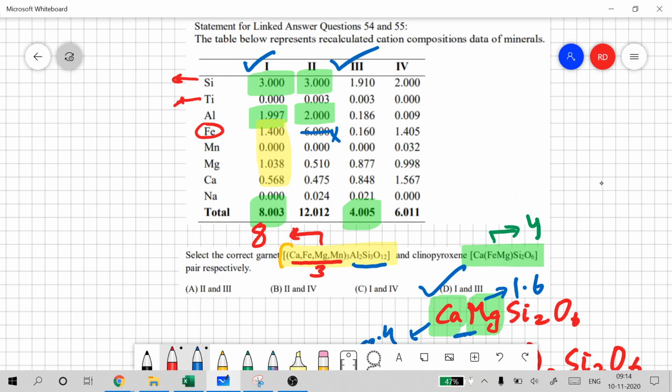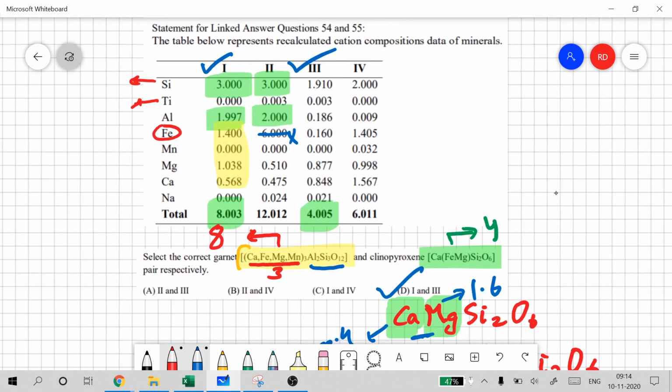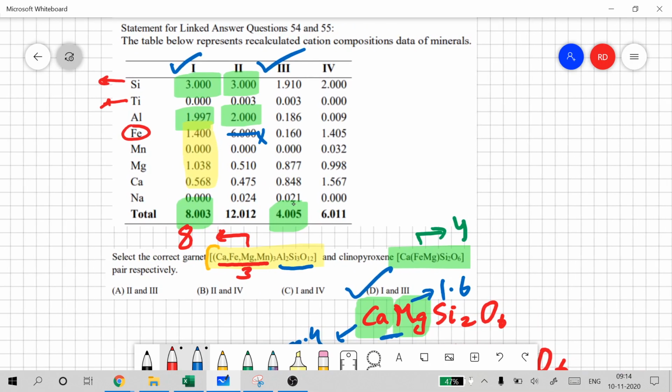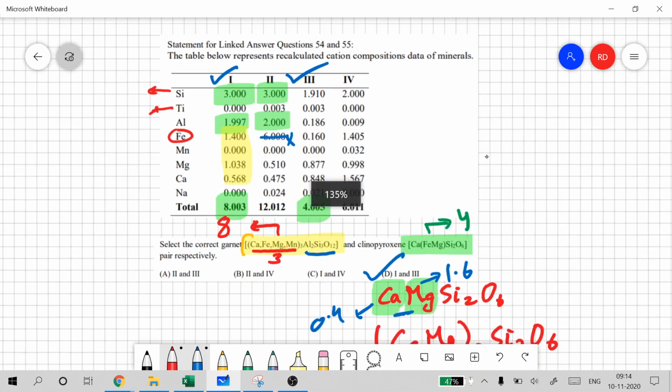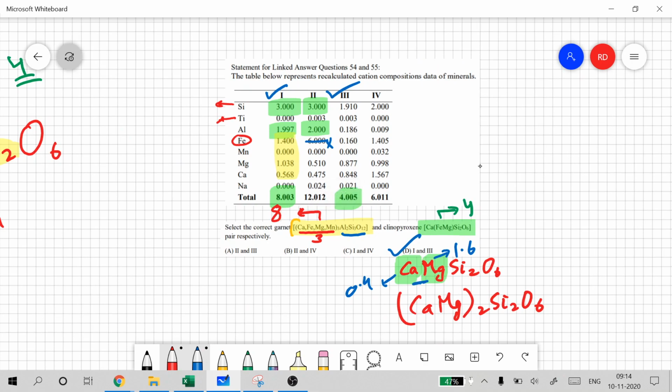Ideally, the easiest way is just to look at the total cations, because they are different in each of these cases. If they were adding up to the same, then in the second step you go into the individual distributions of these cations. Any questions in this part? Any part you didn't understand? I can repeat again.